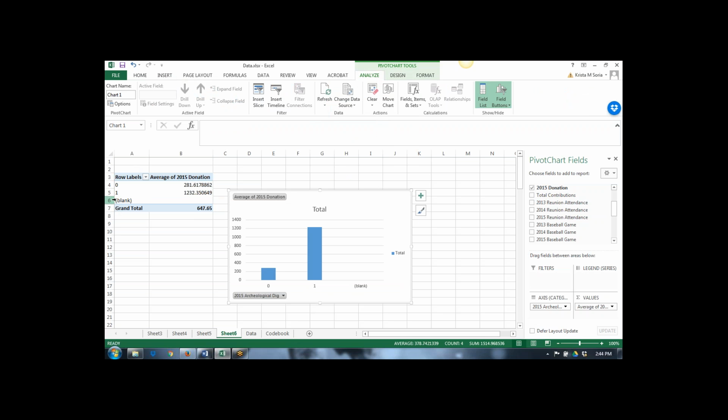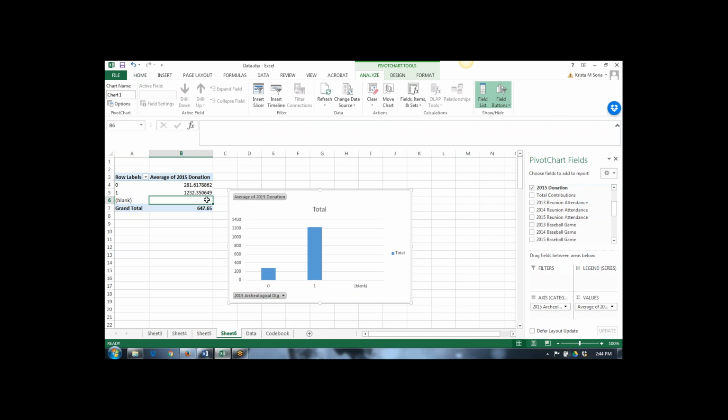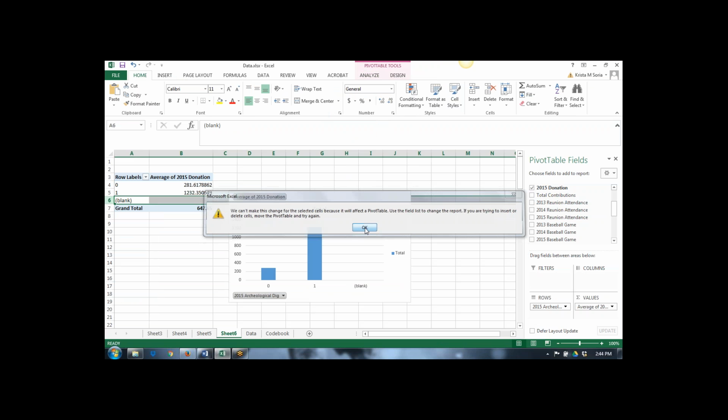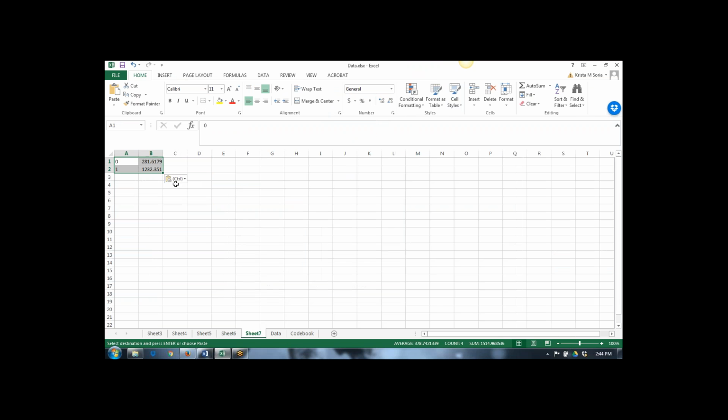And there's like a little blank category that I think if we highlight, we could get rid of it. Let me see if I can delete that. Nope. Oh, it's a pivot table, that's why. One thing that you can do within these pivot tables is just copy and paste your data, open up a new